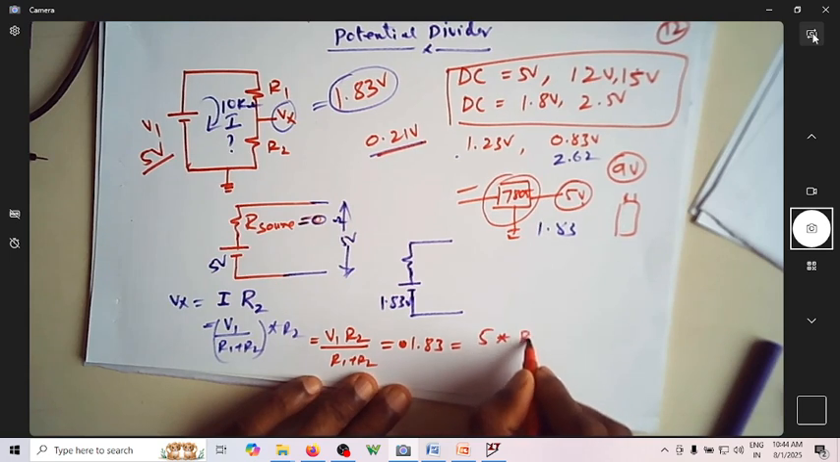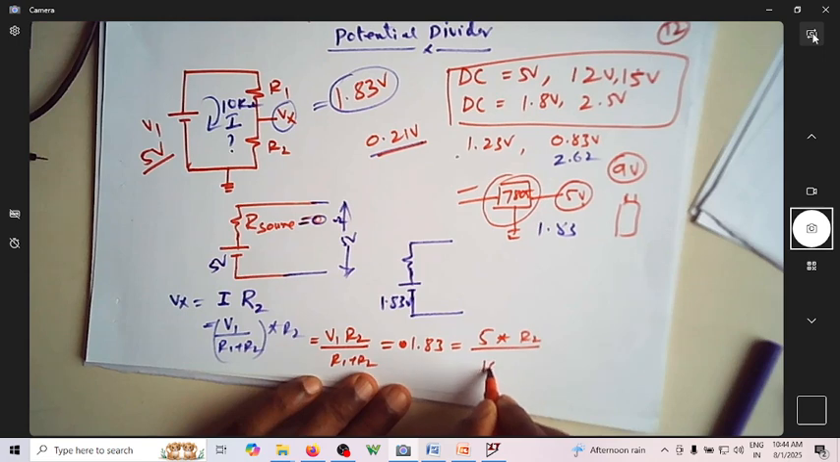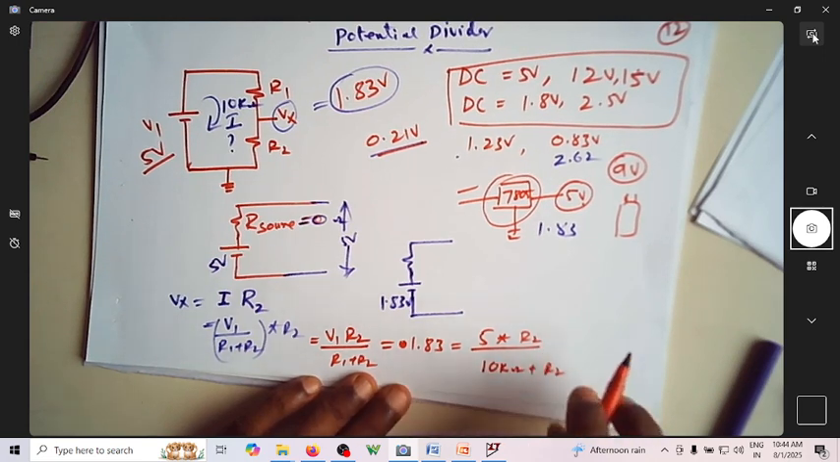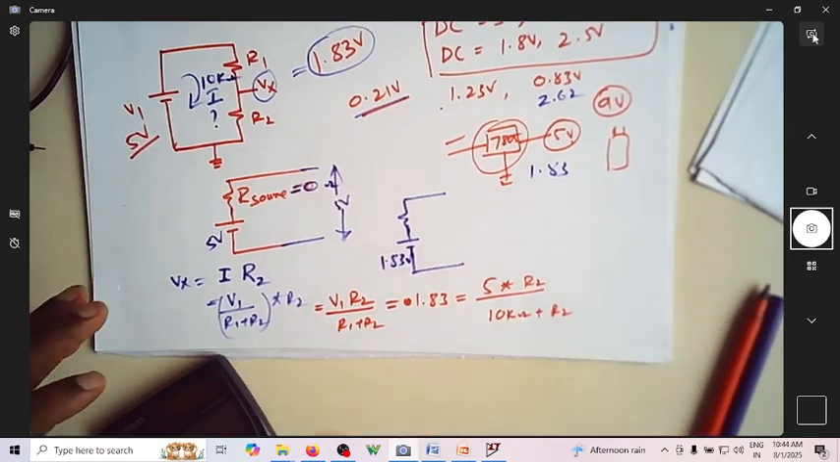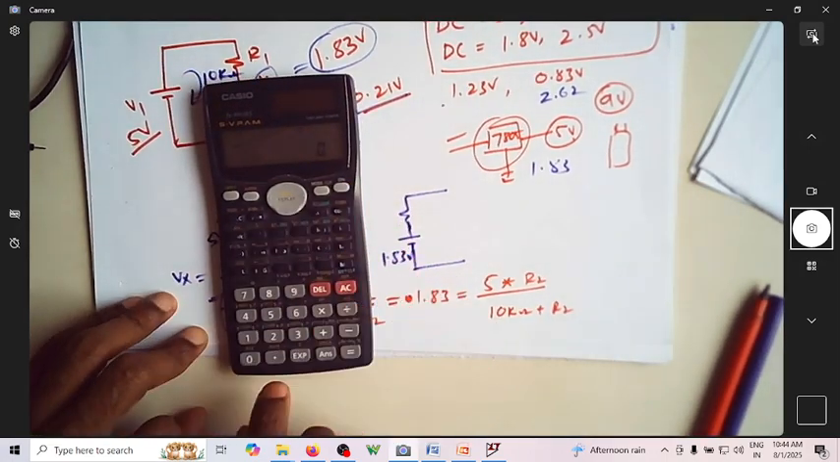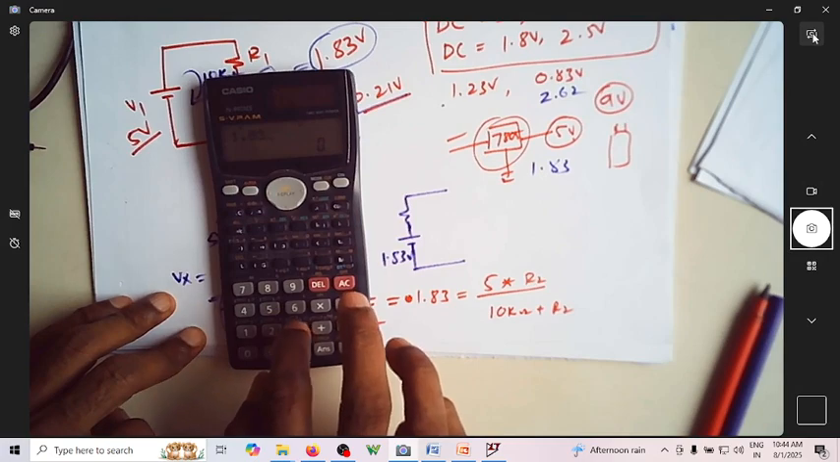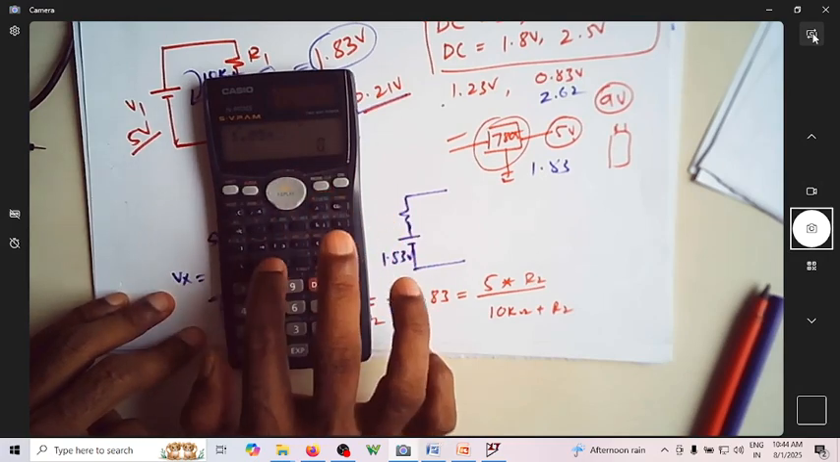So R2 I need to find. So this is 10 kilo ohm and this is again R2. So let me solve for R2. When I'm solving for R2, it comes out to be, so it is 1.83 equals